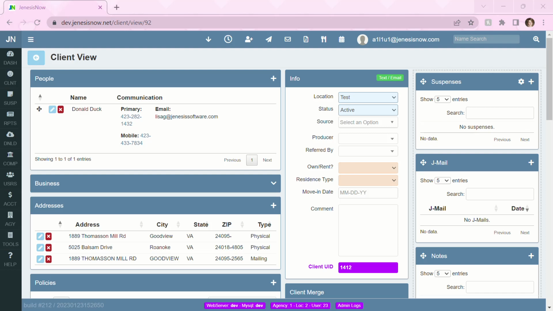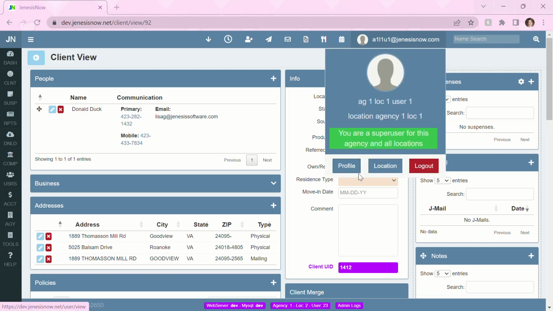In this video, I'm going to show you that we have added the ability to not only create a template for text and email, but also to create a letter template to, if you'd like to print it out. So you'll still find it up in your user profile to create a template,